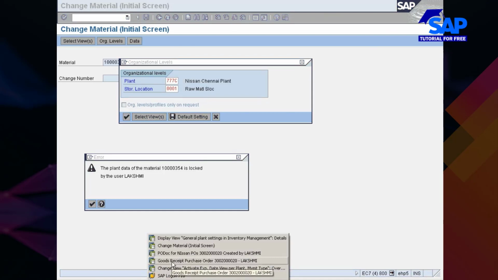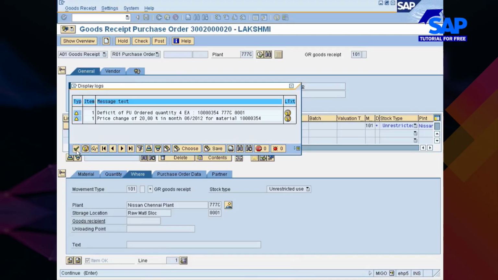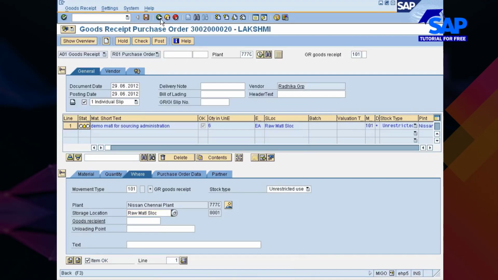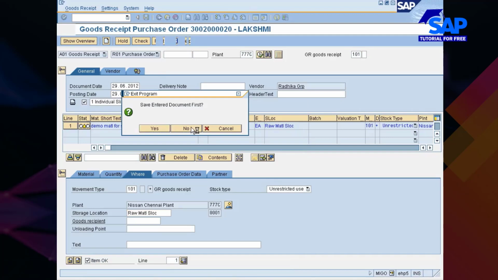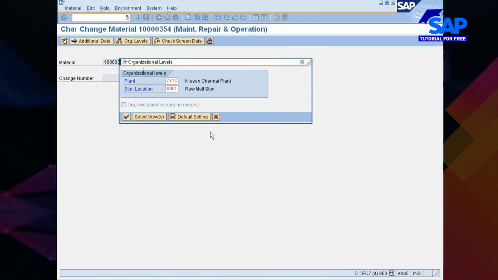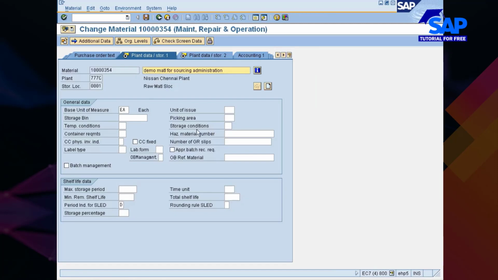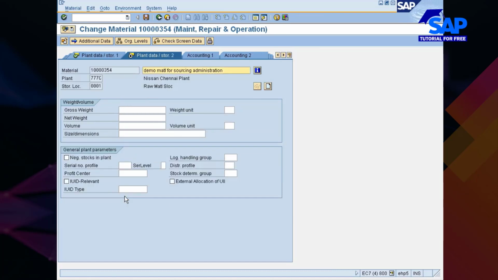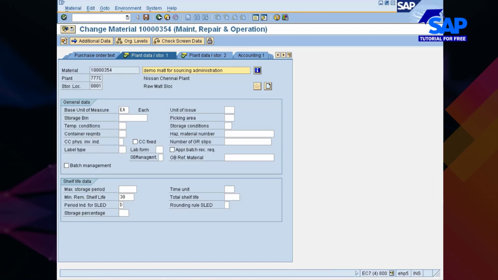It means we are maybe doing goods receipt. I'll go out of this. Okay, now it will allow me to go inside. When you are here, you have something called minimum remaining shelf life that needs to be maintained. Assume it is 30 days. Remember, I have entered 30 days as the minimum remaining shelf life.